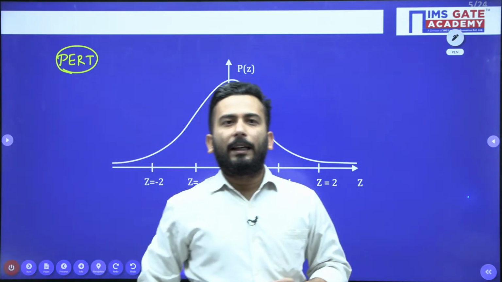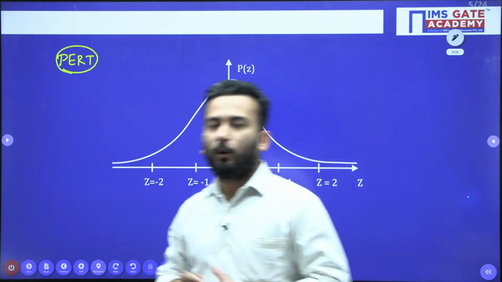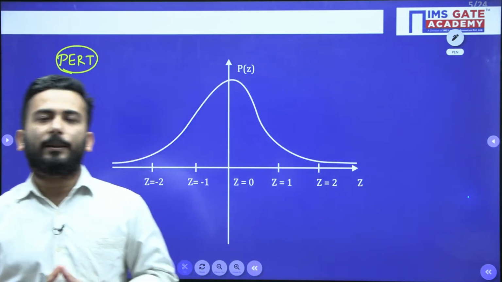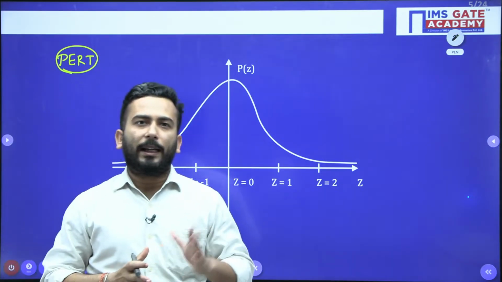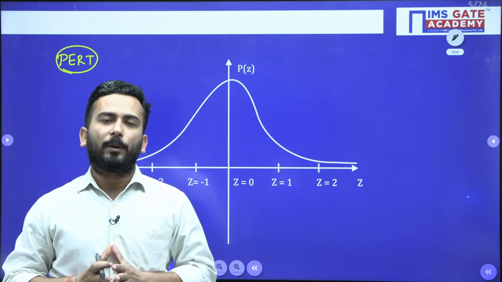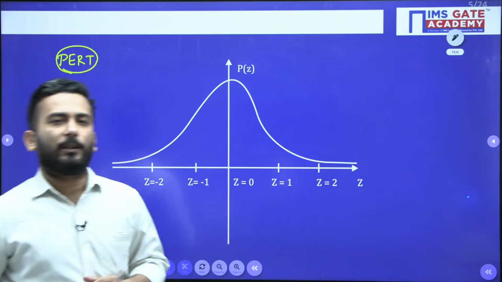My dear friends, can anyone tell me why I have drawn this diagram, normal distribution, when it comes to PERT? Okay, I'll tell you. See,